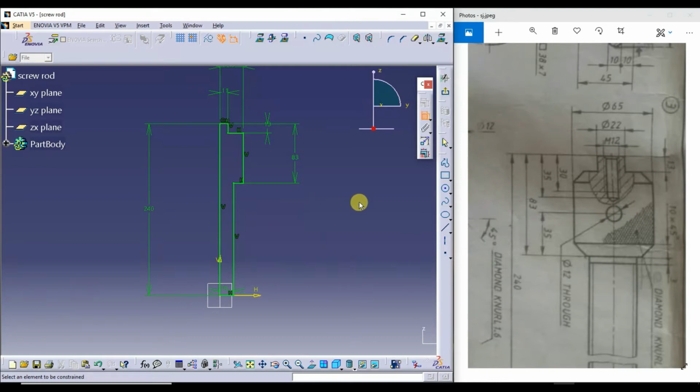So I've given all the dimensions. Just I need to enter a taper. Taper of how much? 10 mm into 45 degree. Exactly at 45 degree. This is a taper. So I'll go for the chamfer. I'll select this line and this line.